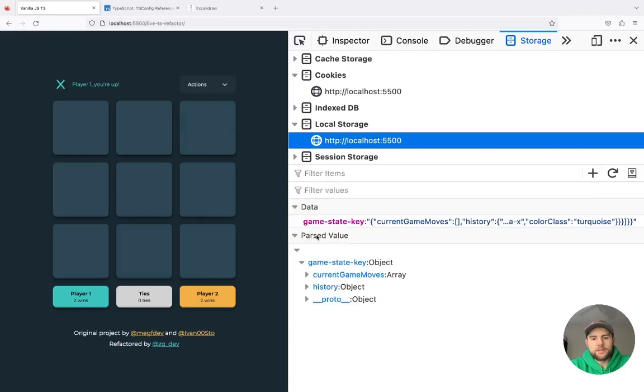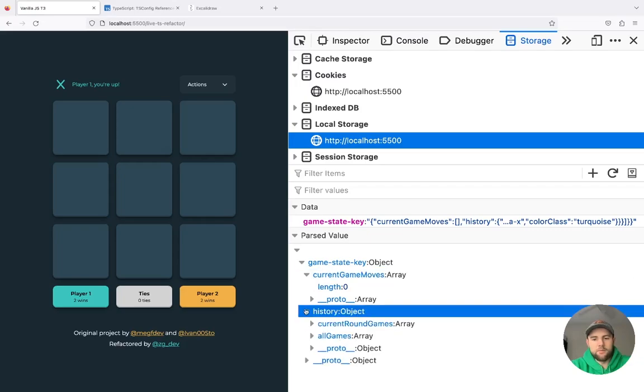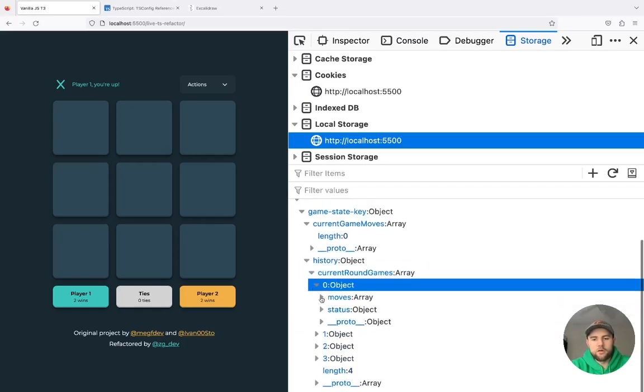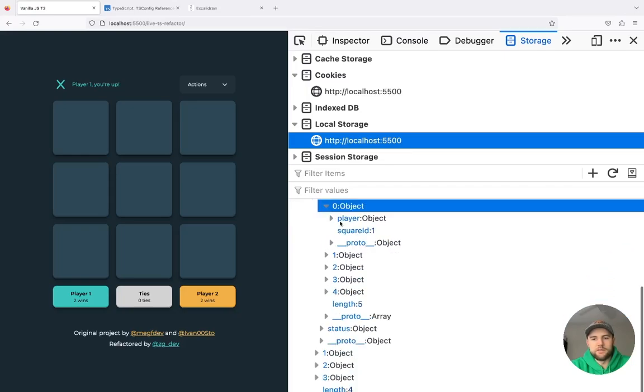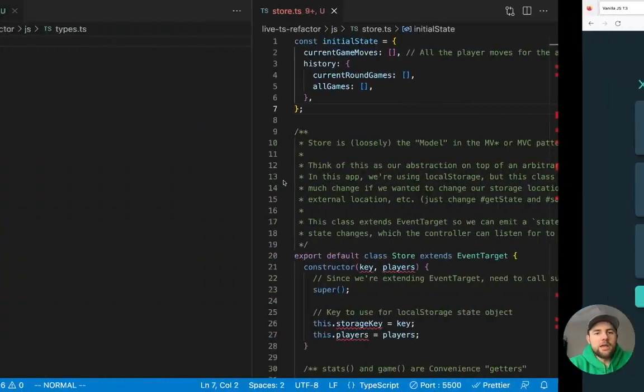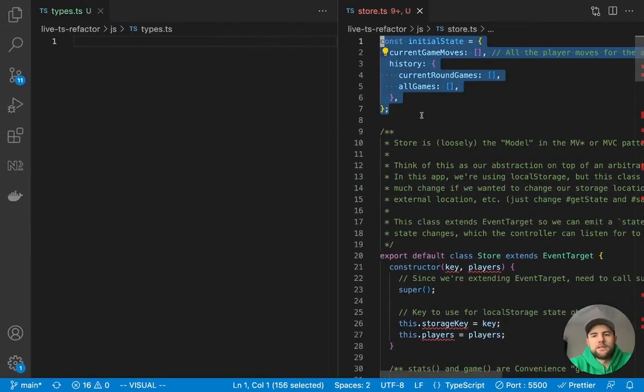And if we open this up, you can see the parsed values. So we've got the current game moves, the history, all games, current round games, and then you can go through and just see all of the moves that have been made by the different players. So that is the shape of that object that we're storing in state.